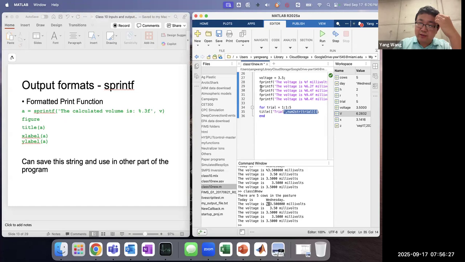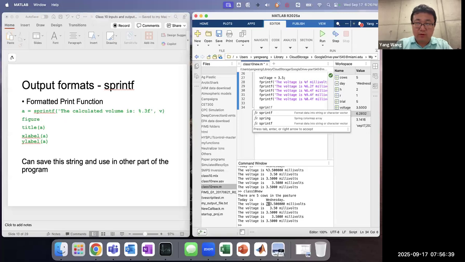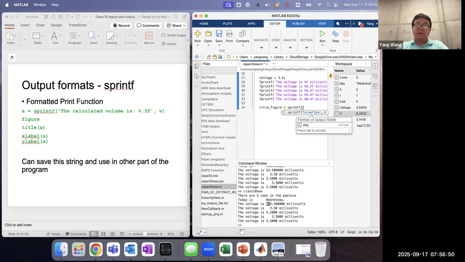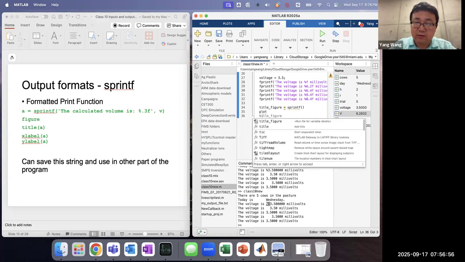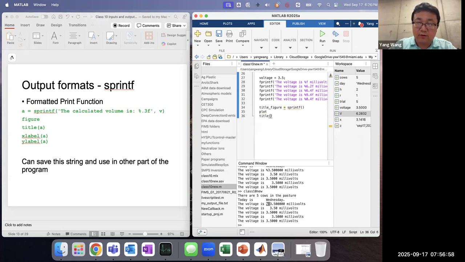What if you want to show that in a formatted string and then show that as a title, right? So we could actually use the sprintf, and then just use the sprintf to save that to, let's say, a title, right? So we can save the entire string as a title and then later use that, let's say, to make a plot and then show the title as a figure title,